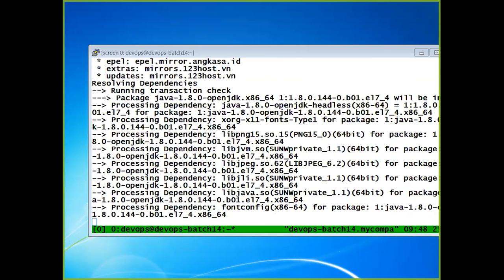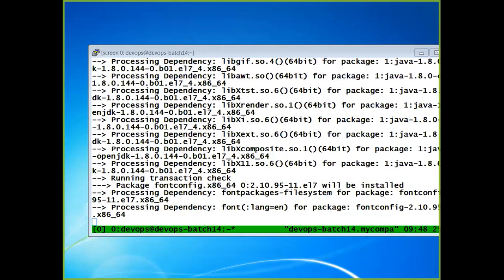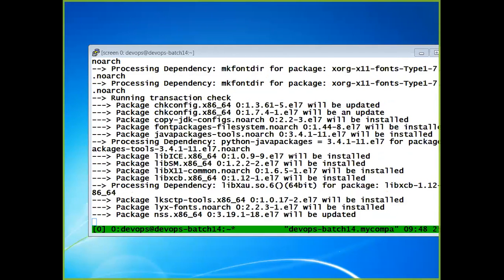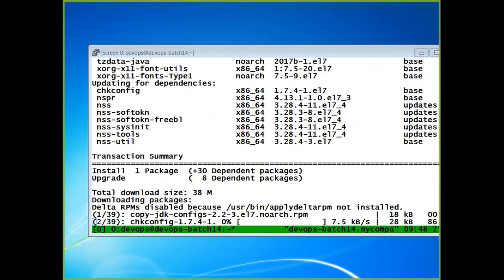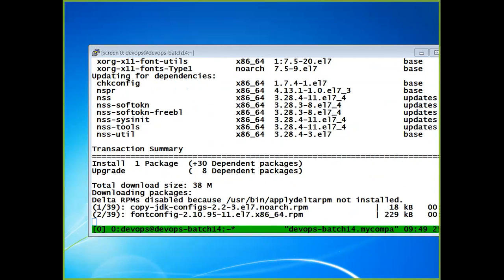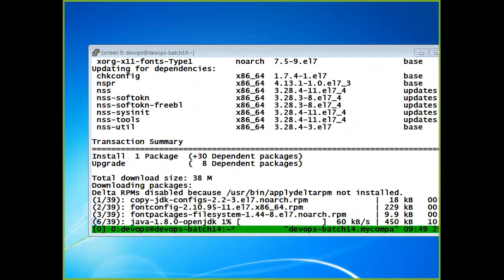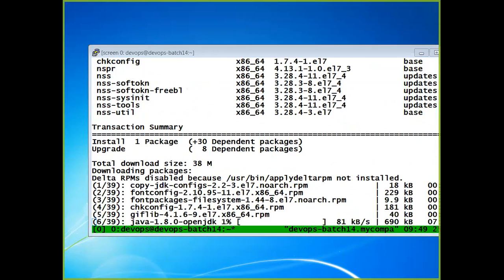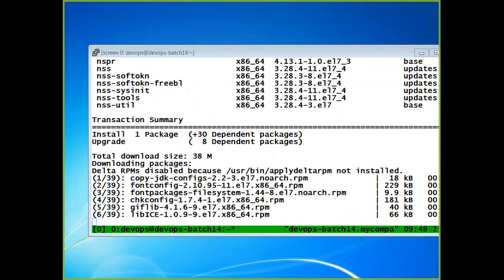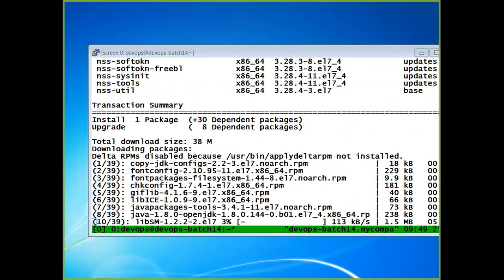So now it is checking the dependencies and trying to download the necessary files. Here it says the internet connection is unstable. It will download all the dependency files one by one, step by step.